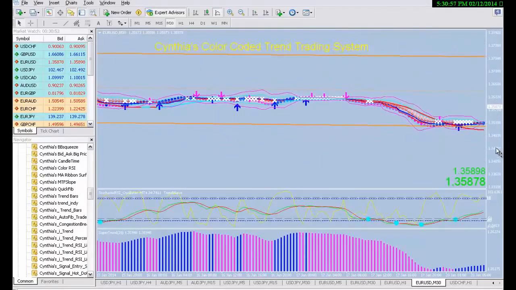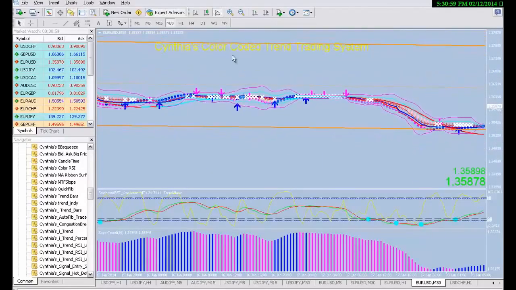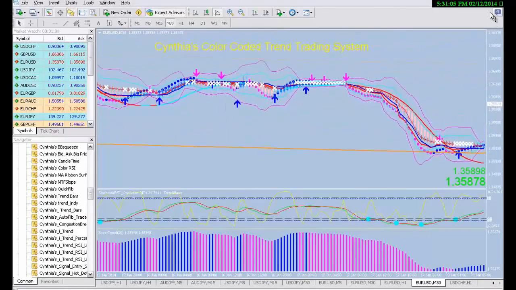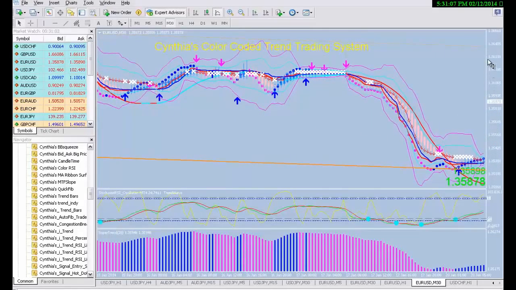So let's see. You can see here the trend channel, the upper one, is very, very flat in the 30-minute chart. So the price is hovering right below the dashed middle line. But here you do have an entry going short. After all of this consolidation, the white X's and the very narrow Bollinger Bands, then you have an arrow to